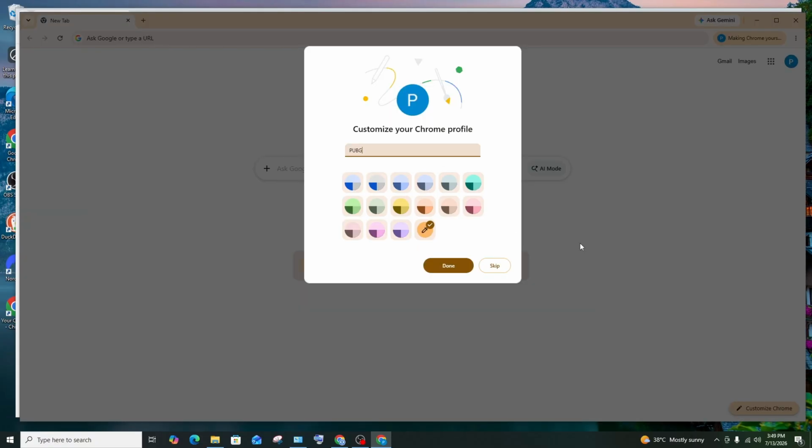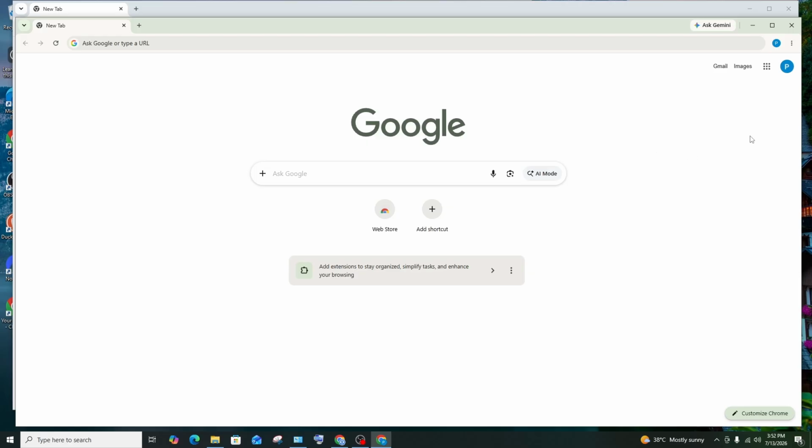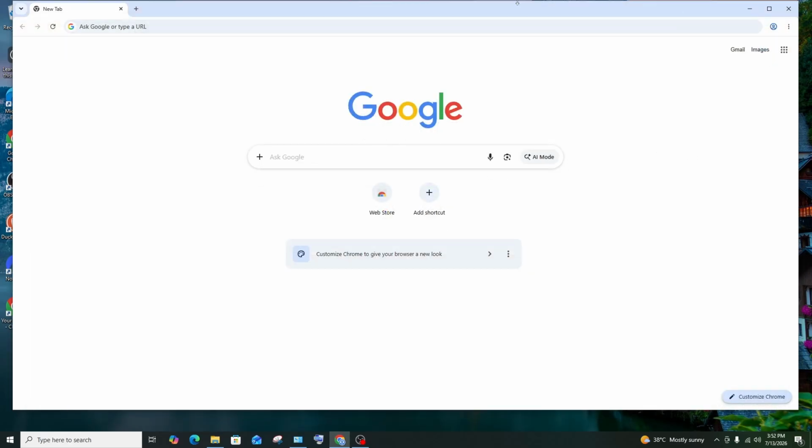After you sign in with your Google account, you'll be having this customize your Chrome profile. Similar to that, you can have a name and change the color theme of the browser. Just click on done. Now we will be getting signed in, and if I close it and go to the